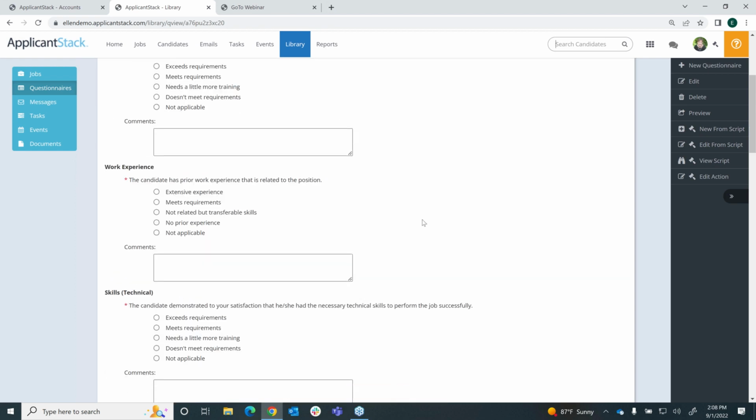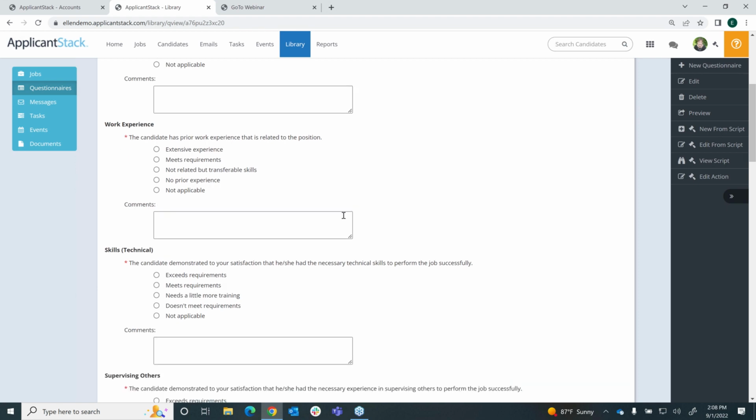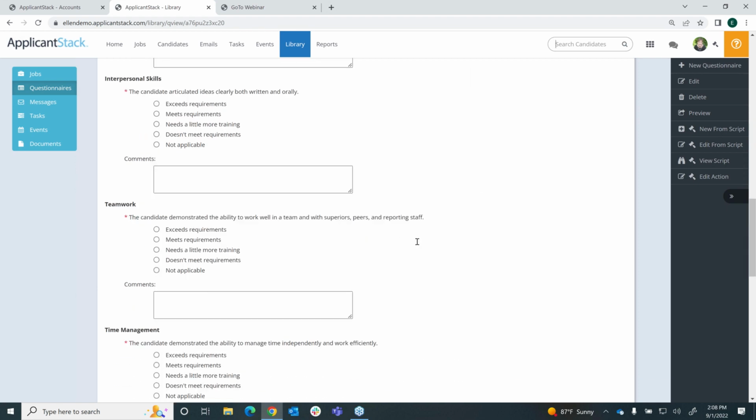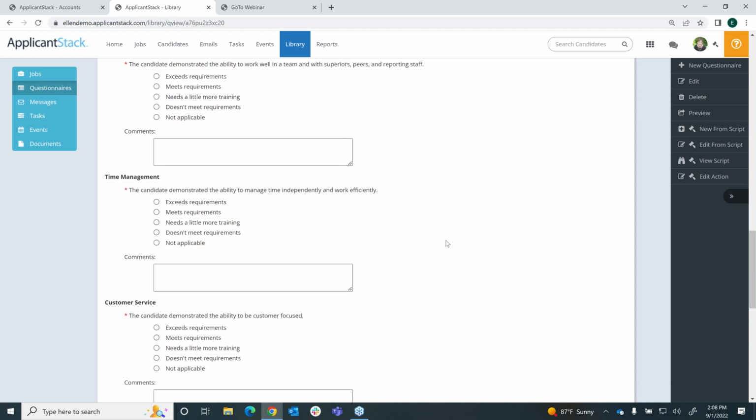Another use case for a questionnaire is for phone screens or for interview evaluations. So again, I'm going to go to the library, questionnaires from the blue menu on the left. And there are actual interview evaluation questionnaires that come with all ApplicantStack accounts. So just to look at these questionnaires,